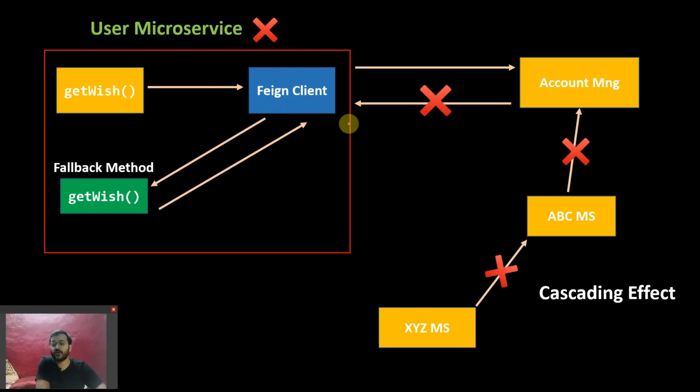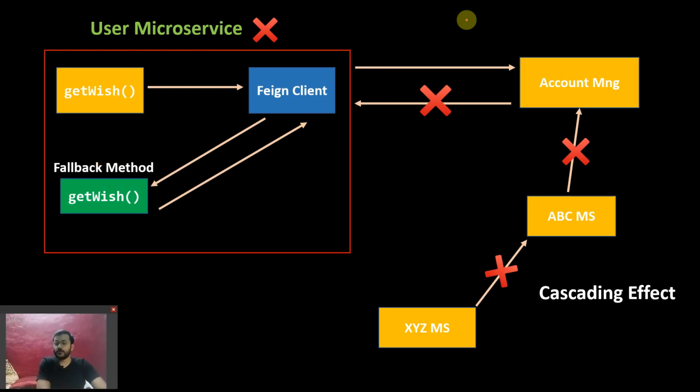So if I want to explain, that is the circuit breaker. We are putting a breaker between this user microservice and the account microservice, so that we break the circuit. And we are taking the output from our class only. So we put a circuit breaker in between because this connection is not working. And why are we doing this? Because I don't want to create extra load in my application by unnecessarily sending the request, because I know this connection is unhealthy. I hope this is clear. If you want this slide, I will attach it in the description, just let me know.